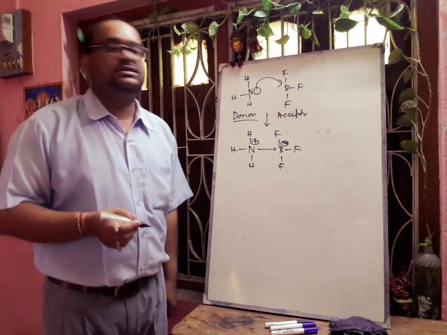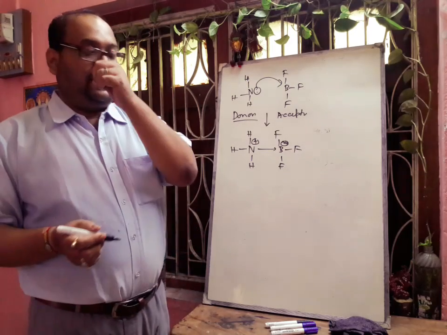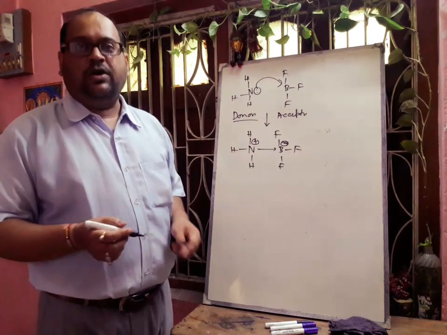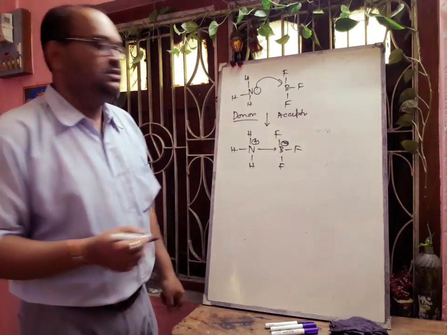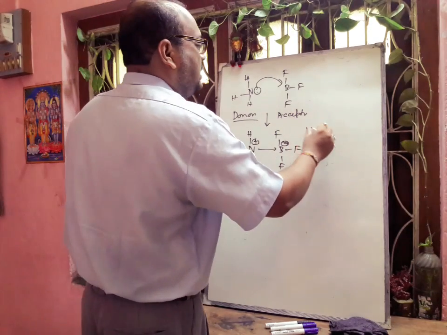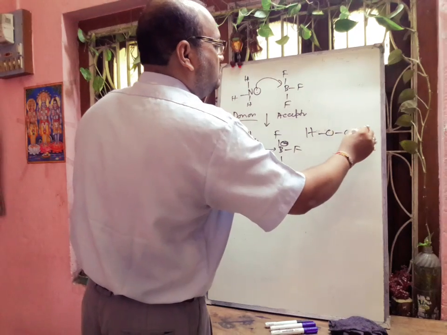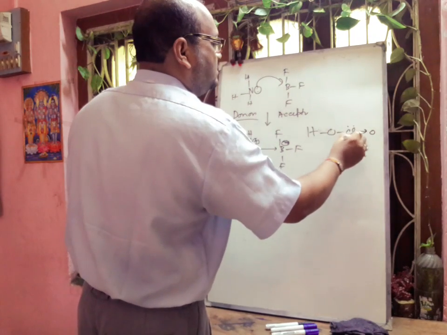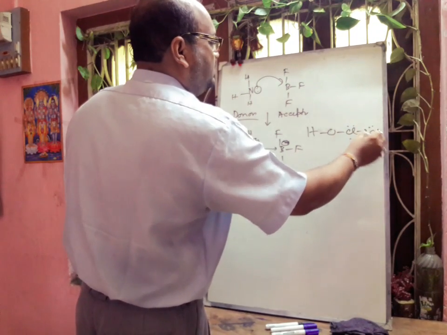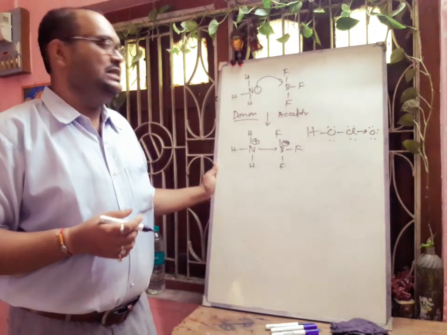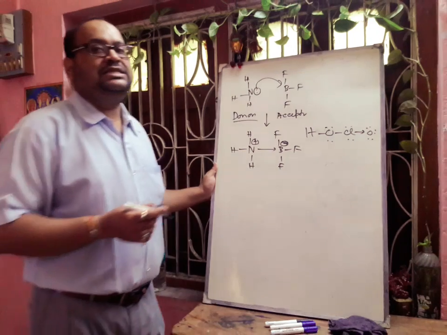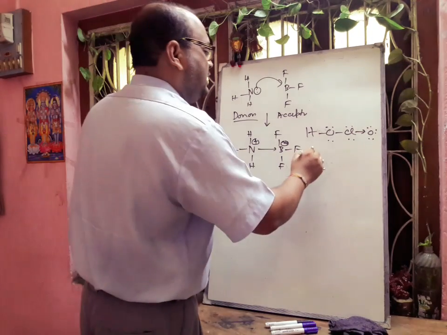Now in your syllabus we have to know some special types of molecules and their coordinate bonds. The first one we discuss is chlorous acid. The chlorous acid structure will be like this, HOClO. Here there will be one dative bond like this. Here all octets are filled up. The name of this compound is chlorous acid, HClO2. Next we will discuss chloric acid, that is HOClO2.